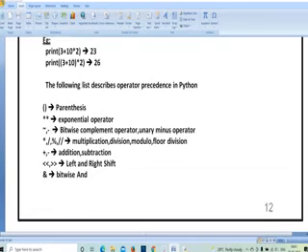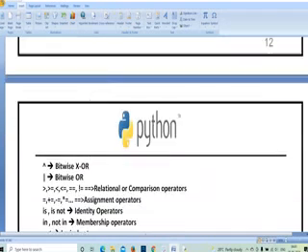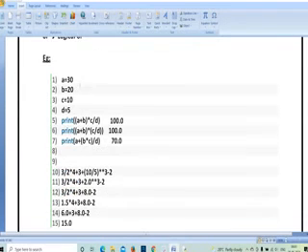So like that, these are the different symbols which you can perform. This is an example. A is equal to 30, B is equal to 20, C is equal to 10, D is equal to 5. I have given these. Next I am writing print of A plus B into C by D. First it is going to perform the A plus B operation, the result of A plus B is multiplied by C, and the result is divided by D.